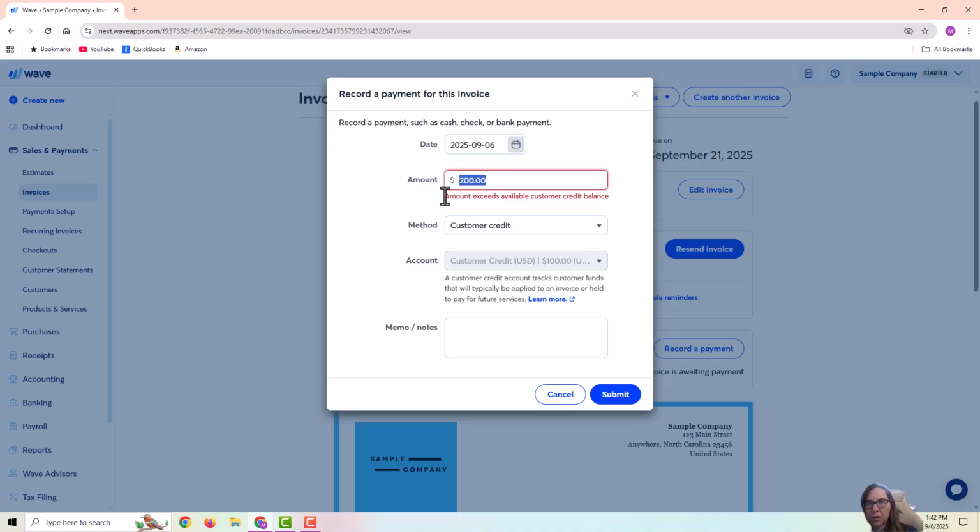But it does give me this error message here because it won't let me create a $200 payment with the customer credit if the customer credit is only $100. So what I want to do here is change this to $100 so that I can use up that $100 customer credit. I'm going to go ahead and submit this